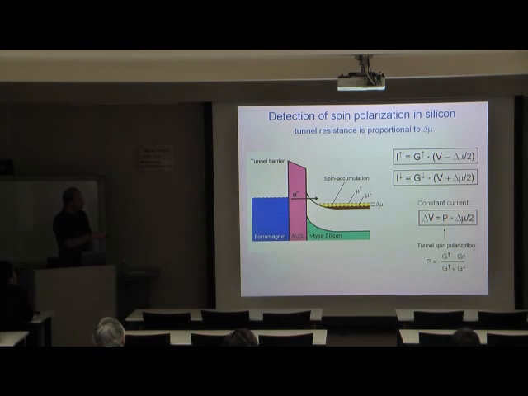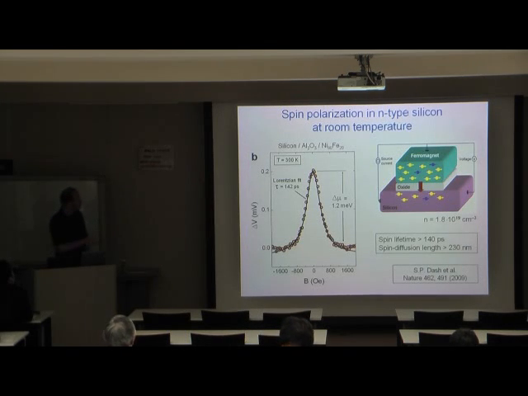The voltage drop is equal to half the spin accumulation times the polarization of the tunnel conductance. We know for our nickel, iron, aluminum oxide structures that that's about 30%. So what we can now do is, from the measured voltage signal, compute what the spin accumulation is, and that's about 1.2 millielectron volt. The other thing you can do is to extract from the width of this Hanle curve